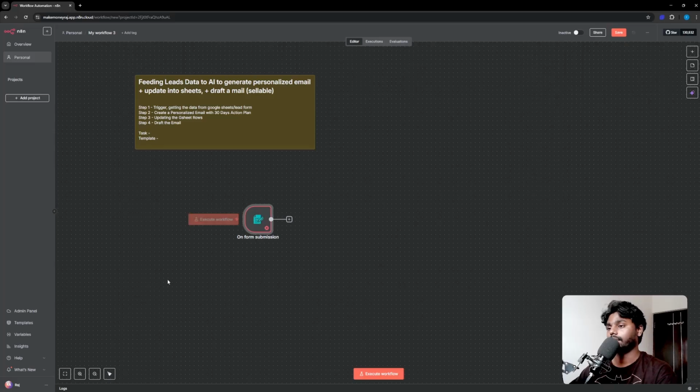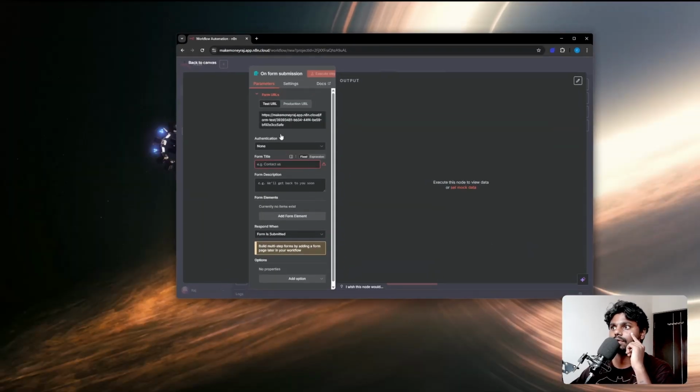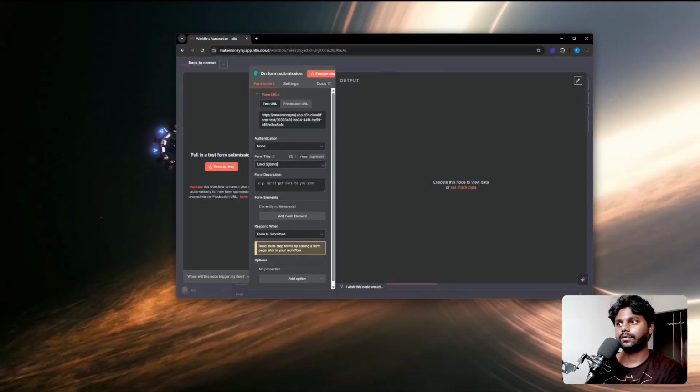Okay, you run the ads. Let's say you're a business owner, you're running ads, and then a lead comes here and fills the form. Now let me just add some details right here. So our form contains authentication is none. The form title is lead submission form, and the form description is going to be Meta ads